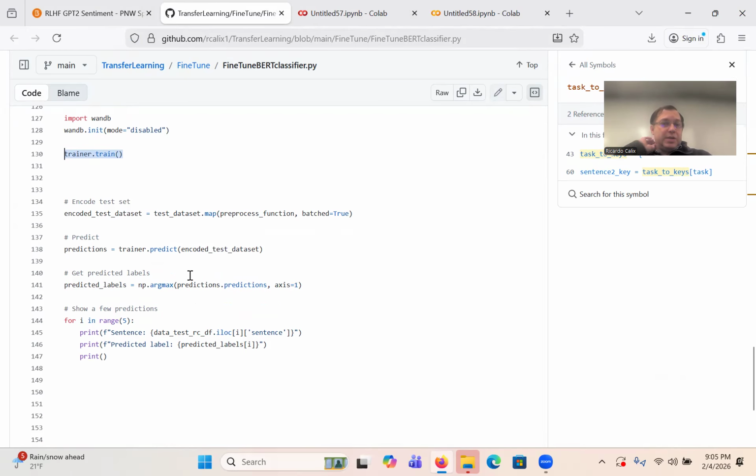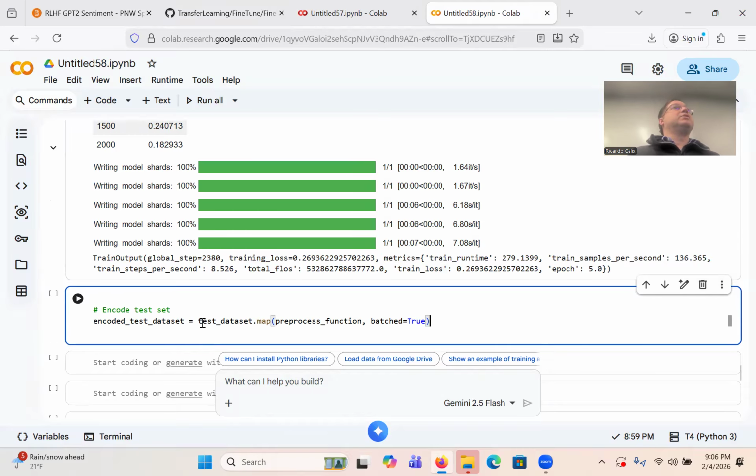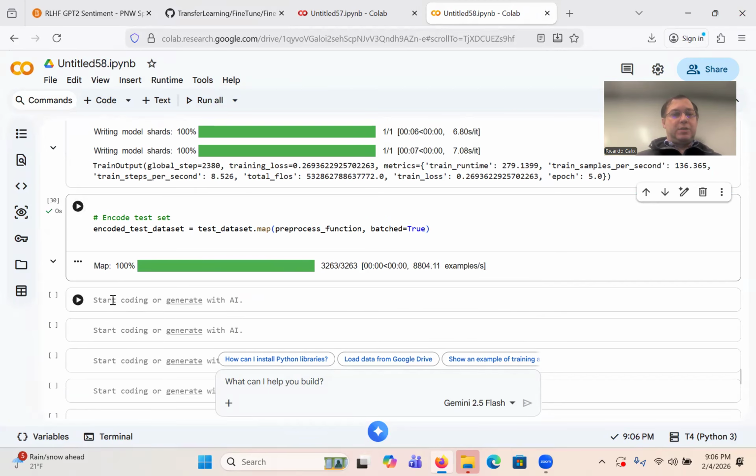So what we want to do is we train the model, so now we want it to predict. Show a few predictions, for instance. All right, so for this one, we train with the train set, right? So now we need to evaluate it with the test set. I don't have labels in that test set, but we can at least make predictions. So I have to take the same approach, the workflow of Hugging Face, test set.map, provide the preprocess function, right? And now it encodes my whole test set. Okay, so that's done.